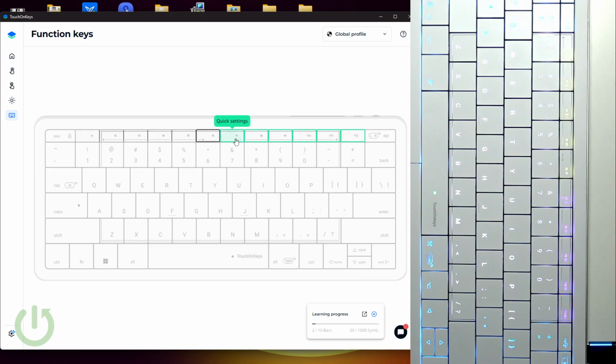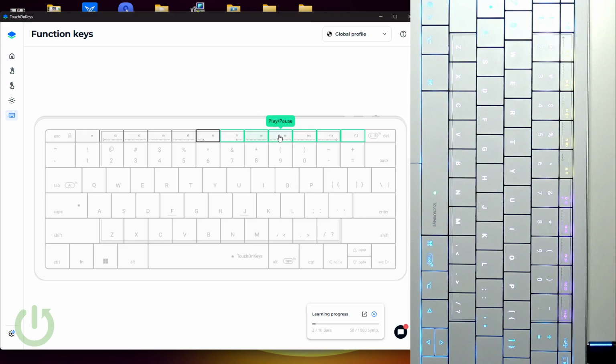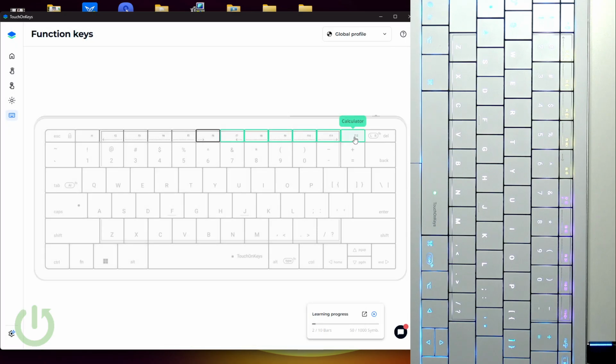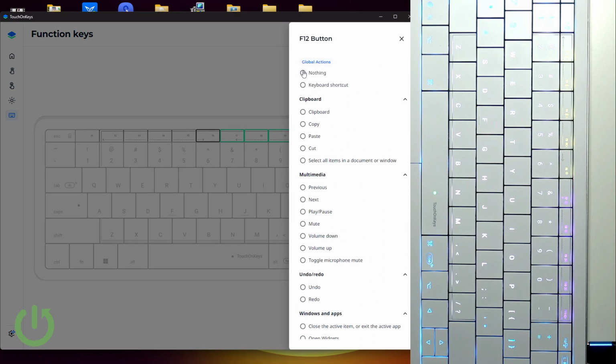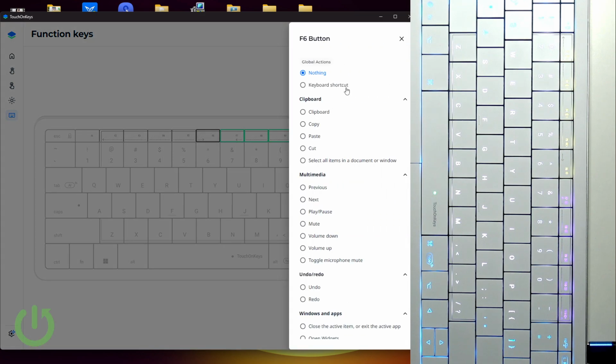And as you can see, by default, we have the F7 set to quick settings, previous, play, pause, next, and finally mute. This is all very typical. Also, by default, this is also nothing. I just, for testing, set it to my calculator for the funnies. But as you can see, the F6 and F12 by default aren't doing anything, and we can add custom behavior